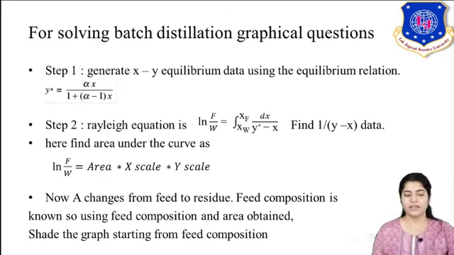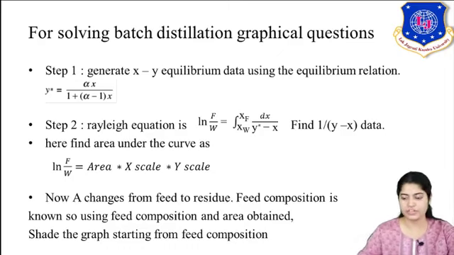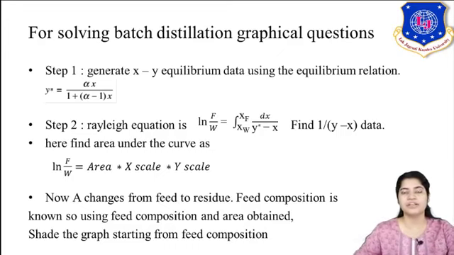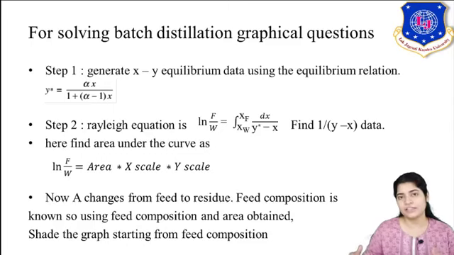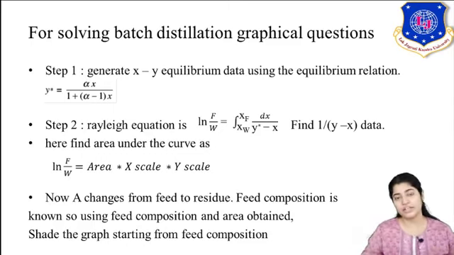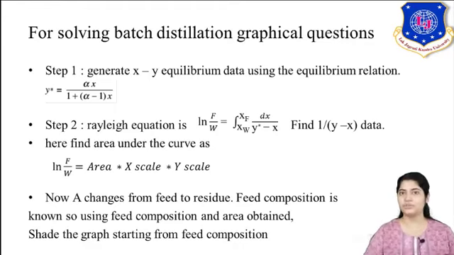See, feed composition is fixed here. Whenever they give you a question, or when you're subjecting your feed to purification in distillation, feed composition is always given. Suppose I'm treating my feed in which more volatile component A is present as 0.3, so that is feed composition. Now up till how much extent the separation has taken place, how will we get to know it? By knowing what A in residue is, what is left in residue. You can see your limit is what? XW to XF.